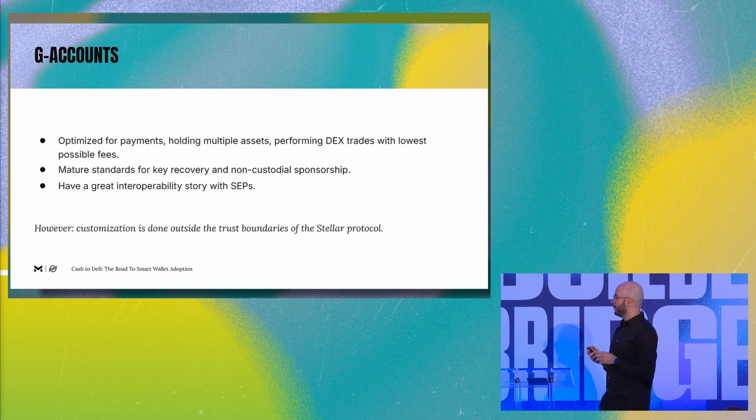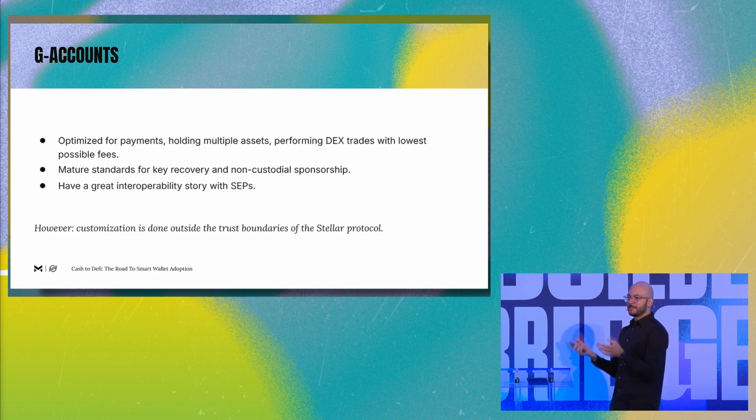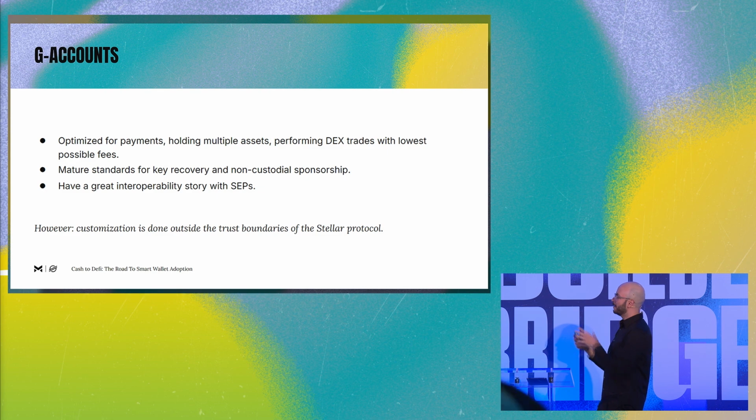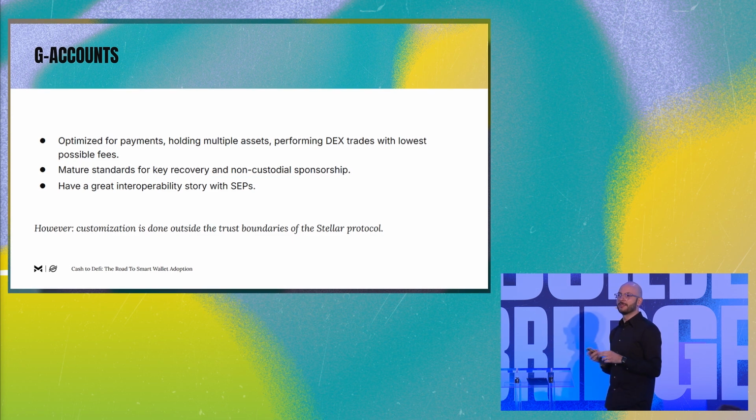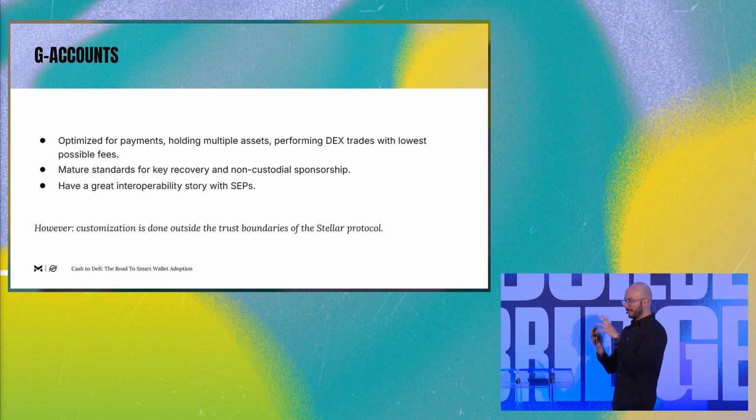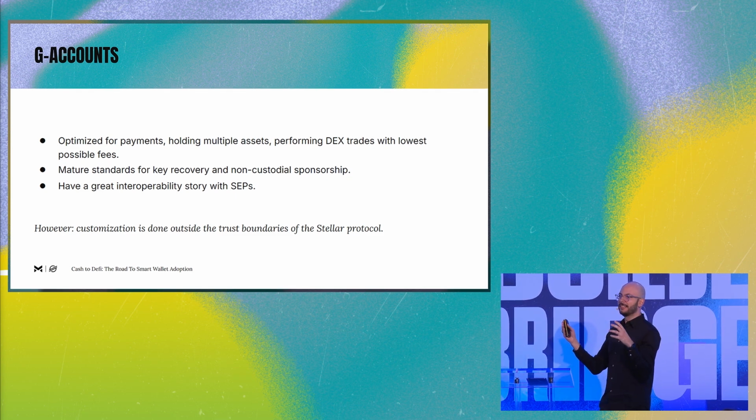They're awesome, right? I think the point in thinking about how we can evolve accounts to be defined via smart contracts is that any customization that has been historically done with G accounts is defined outside the trust boundaries of the Stellar protocol, which means it's not enforced by the Stellar protocol, it's enforced by standards that are defined a layer above, so to speak. So by definition, you're increasing the trust boundary in a way that you can't necessarily enforce.